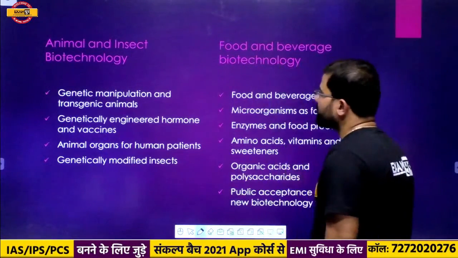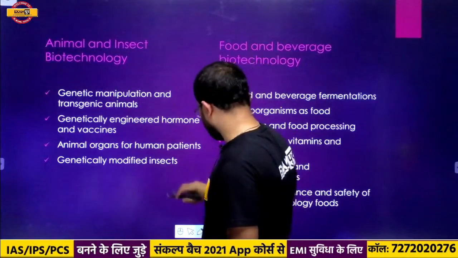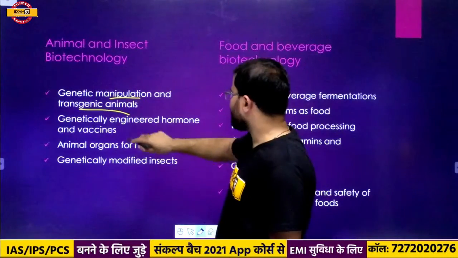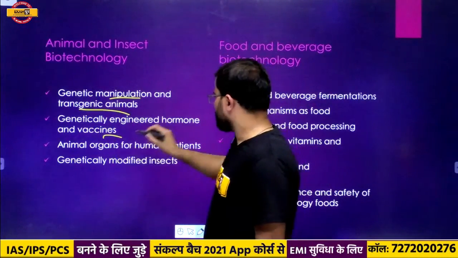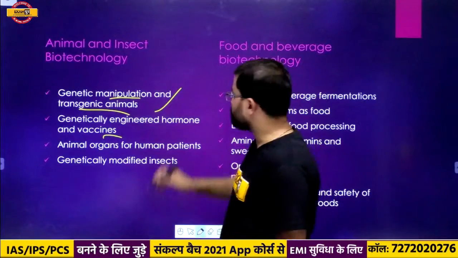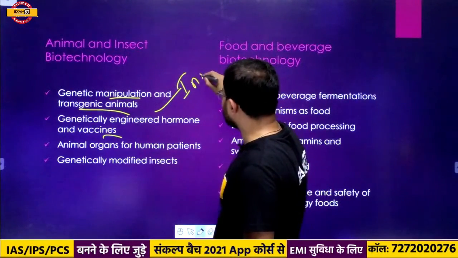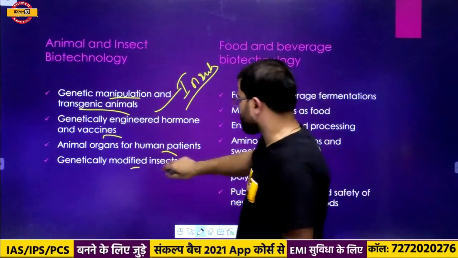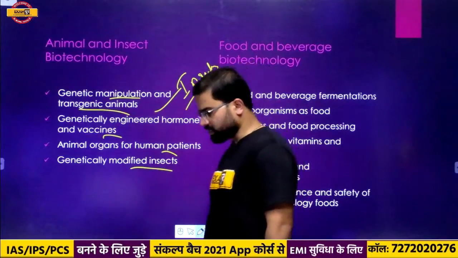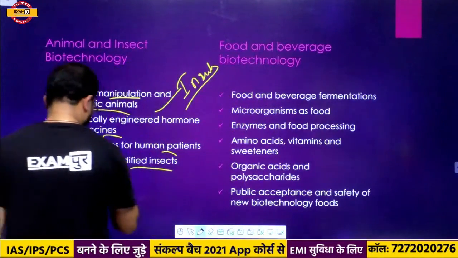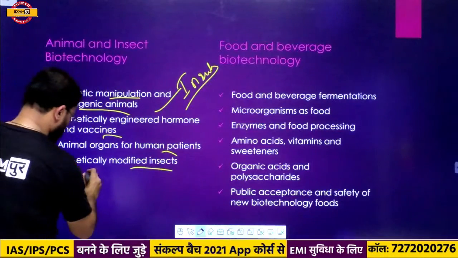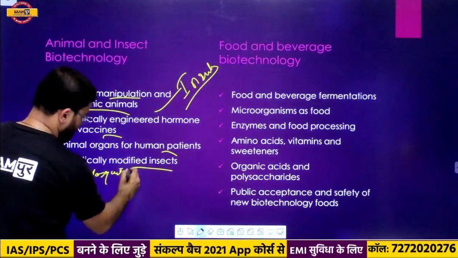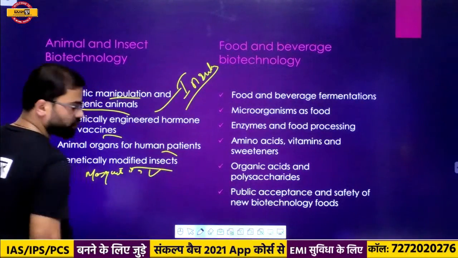ठीक है, एनिमल एंड इंसेक्ट बायोटेक्नोलॉजी। ठीक है, इसमें क्या पढ़ना है हमें, जेनेटिक मैनिपुलेशन एंड ट्रांसजेनिक एनिमल्स, जेनेटिकली इंजीनियर्ड हार्मोन एंड वैक्सीन्स, हार्मोन जैसे हम लोगों ने जेनेटिकली इंजीनियर्ड इंसुलिन बनाया था. ठीक है, सो वी शुड स्टडी एनिमल्स ऑर्गन फॉर ह्यूमन पेशेंट्स, जेनेटिकली मॉडिफाइड इंसेक्ट, जैसे अभी we know that mosquito is a vector or carrier for